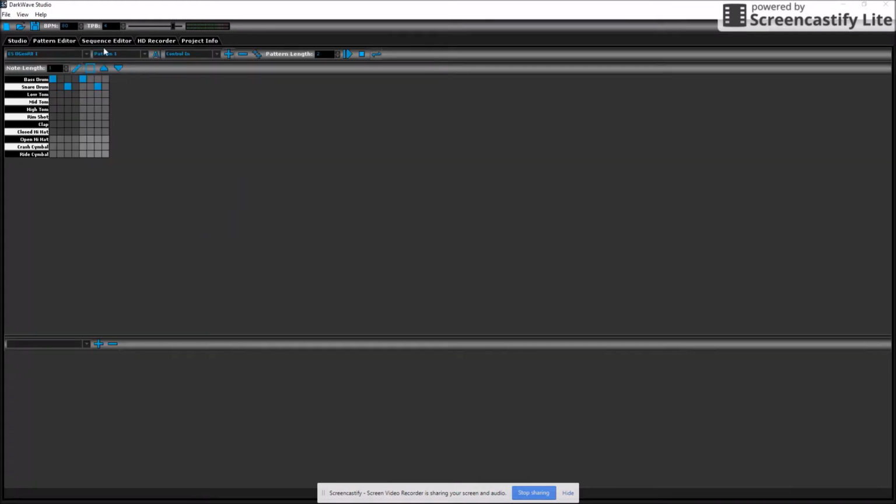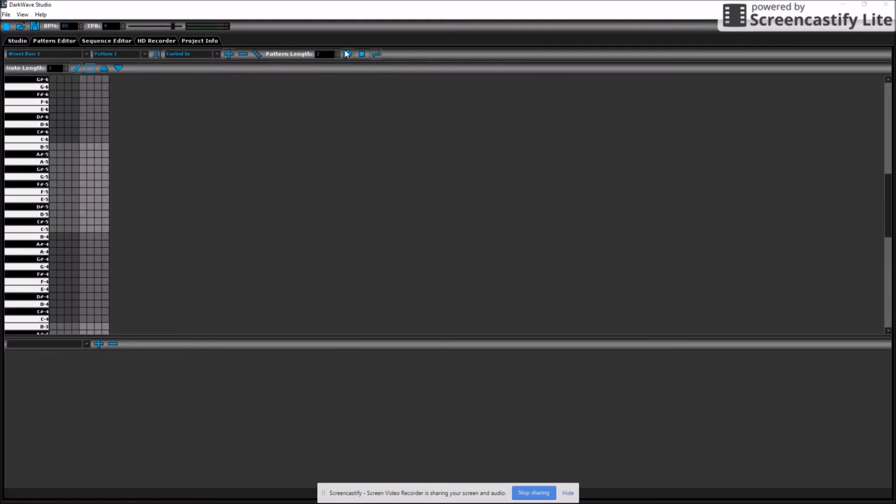And I'm going to make a pattern for that. So this here lets you select your instrument. I was on degenerate a minute ago. I'll just go to forefront bass, add a new pattern. That's high pitched. When it gets high pitched, it doesn't sound like a real bass, but that sounds real. So I'll just do something like,